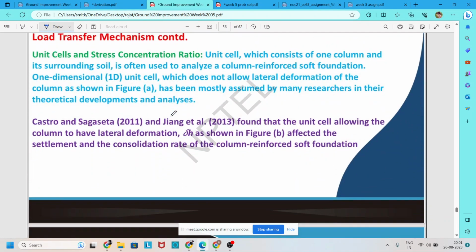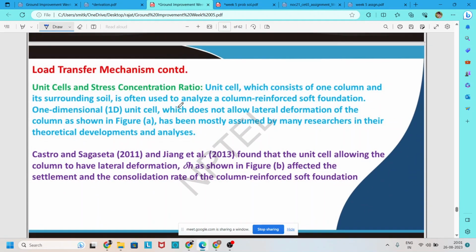So now in the next session, we discuss the load transfer mechanism in detail. For that, we discuss the one unit cell. So what is a unit cell? We already discussed the stress concentration ratio. Now we discuss the unit cell. A unit cell is nothing but the composite